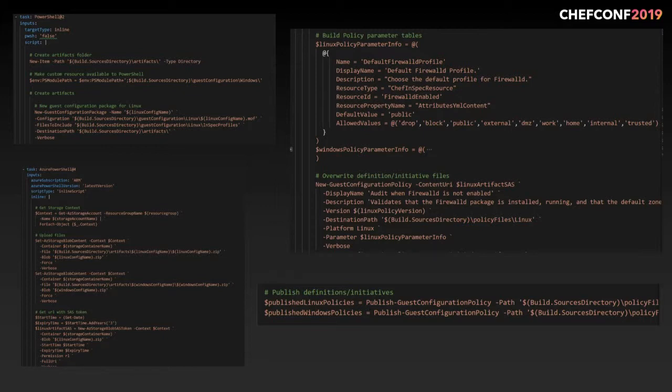So the idea is I want to take my InSpec profiles, the custom module to allow them to be executed, and create a content package out of that, and then publish that into either blob storage, it could be blob storage with a private SAS token so that nobody else can access it. It could be a GitHub release, it could be a GitHub project. Anywhere that the machine can access, you can stage this zip file. If you wanted to put it into an Artifactory feed, anywhere that the zip file can be reached and downloaded,